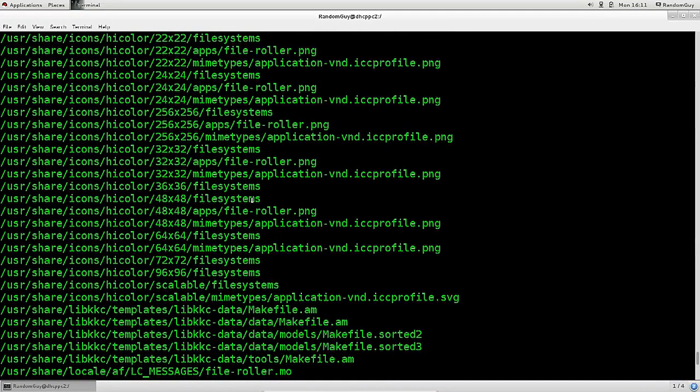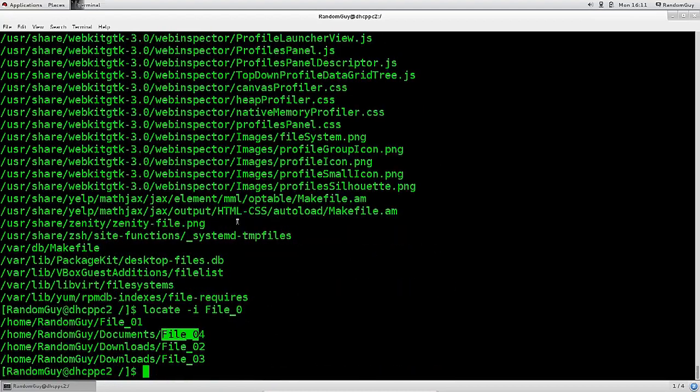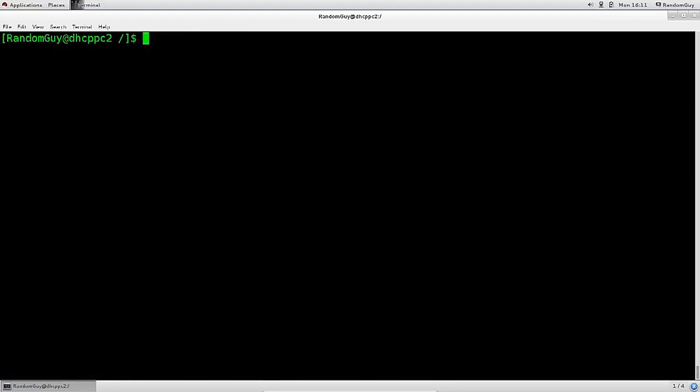Or if you know where you've approximately saved something, you don't need to search through the entire file system. You can just specify a path and then a name. Hold on, I didn't show you how to do that with locate. Let me just do this. So locate file 0. And if I say home,